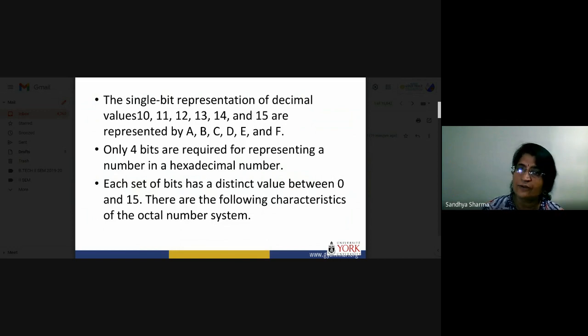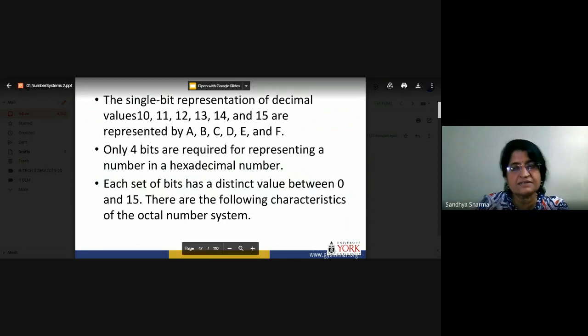If you want to convert your hexadecimal number system into binary, what will happen here? There may be a certain 4-bit combination. You require 4-bit combinations of binary numbers for converting hexadecimal into binary or binary into hexadecimal. In the octal number system you use 3-bit combinations, but if you are working with the hexadecimal number system, you require 4-bit combinations, and the total number of symbols is 0 to 15. So these are basically the characteristics of our hexadecimal system.